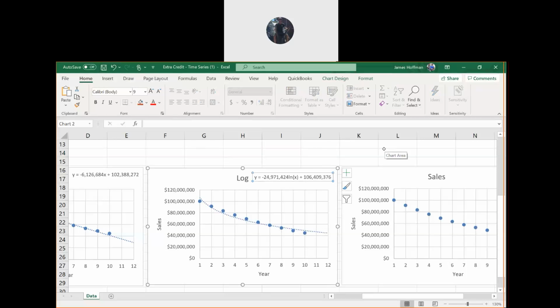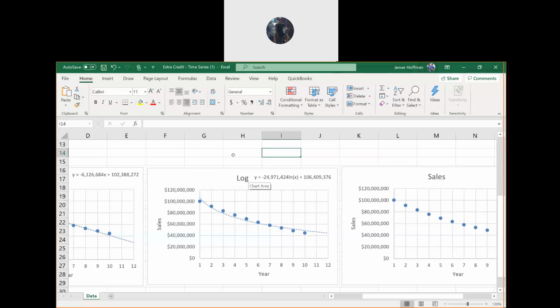Okay, so you should get that big number there. The natural log equation is this constant minus this number and then times the natural log of x. See how the natural log function is nonlinear. It's got this curved format, so that might be a better option. Okay, so did we get the natural log trend line with the equation there?